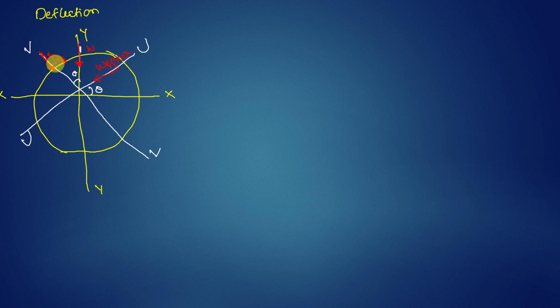If the load is acting in this manner, as we are calculating deflection we are considering the load, that's it. So if the load is acting in this VV plane, what will happen? The deflection will be like this. Let me say the deflection will be delta V, and along U, W sin theta is acting, and the deflection will be delta U, and their resultant will be somewhere, that is delta. So that is about the picture. So how shall we calculate?